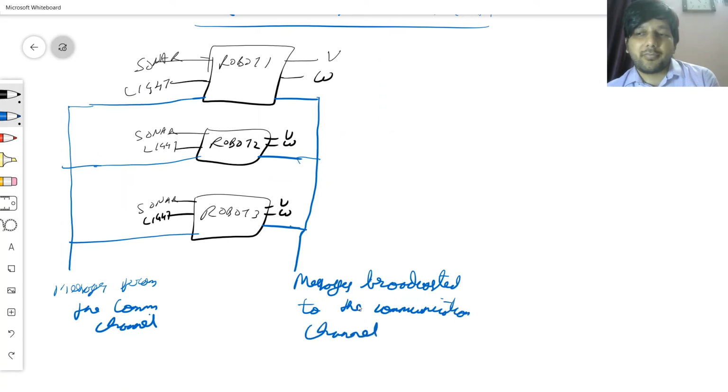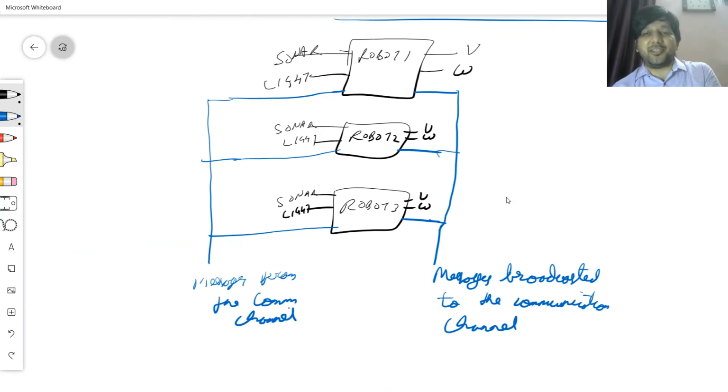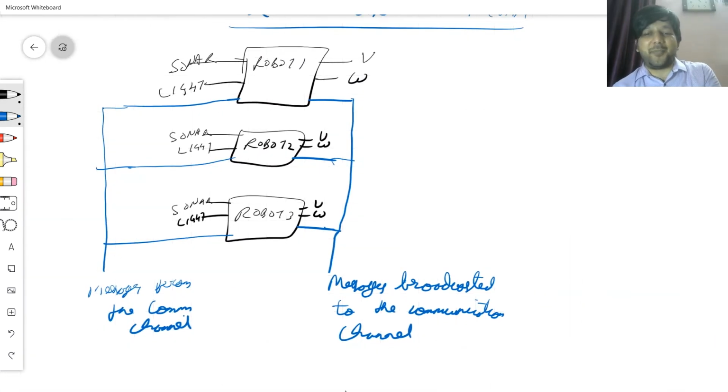So theoretically speaking, again, it's just that there was a communication channel that you could use to share any information possible. The only problem is I'm not programming them up, so I don't know what information to share. But there's a communication channel, and any robot can send any message. What message needs to be shared, what's the encoding, what's the format, everything will be learned. So the neural network will try to give in some messages, and accidentally it sends a message based on which some other robot reacts, and that happens to be good, then you can say that's a good message.